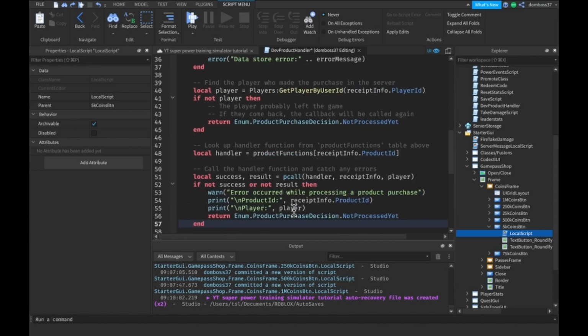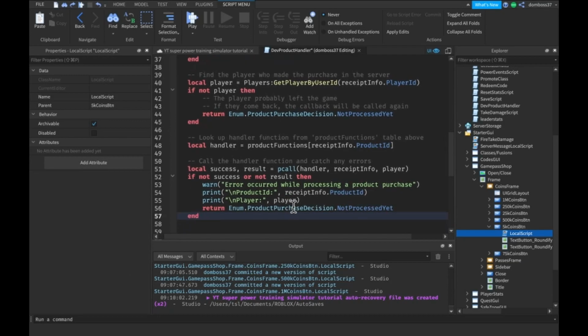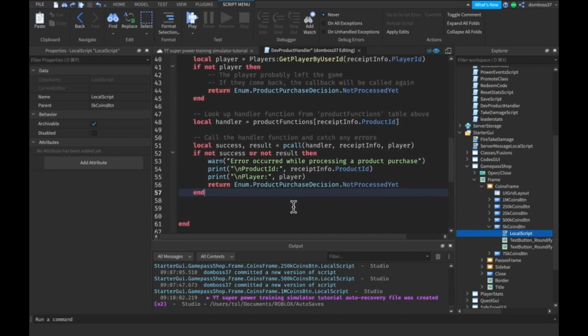The next thing, we need to look up a handler function from the productFunctions table, and then we need to call the handler function and catch any errors. So once again we will revert to a pcall, and this will take in handler, receiptInfo, and player. If it was not successful or there was no result, then we warn that an error occurred while processing a product purchase, because we don't know which one it is until we print on a new line the product ID, the receiptInfo ProductId, and the player who made the purchase, or the player. And then we return